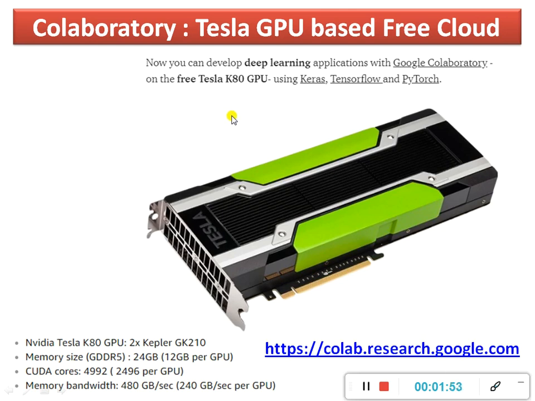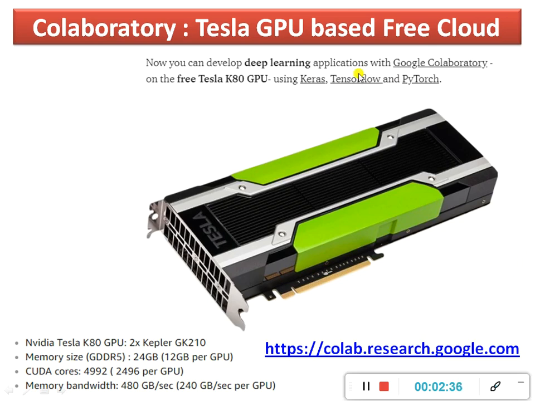As you can see, this is the device that is required to be integrated in our laptop or desktop so that we can work with deep learning algorithms, and its cost is in lakhs. If you check its price on Amazon or any other e-commerce portal, it is very huge. So as a researcher, as a research scholar, we will not spend an amount in lakhs. Now we will see where to get this particular GPU.